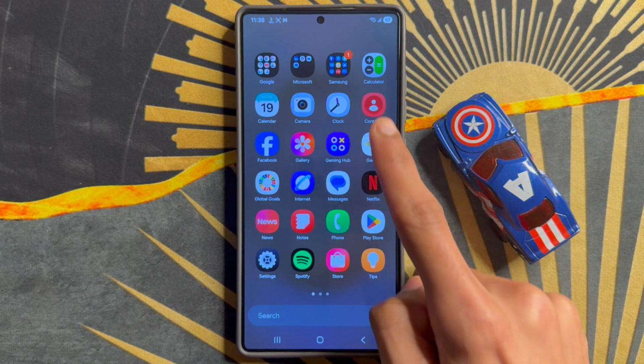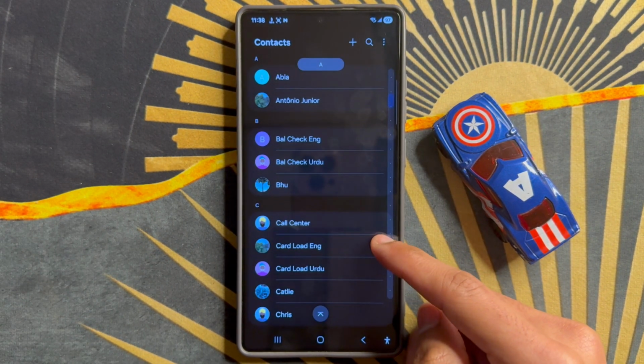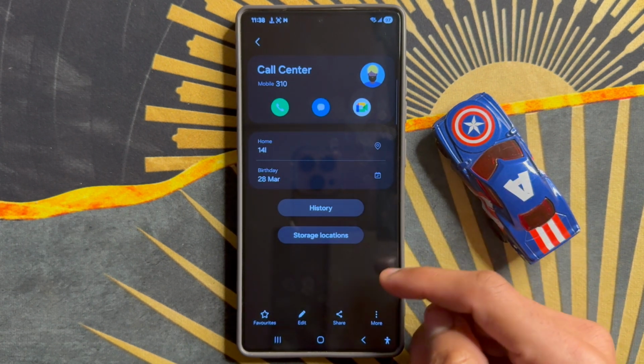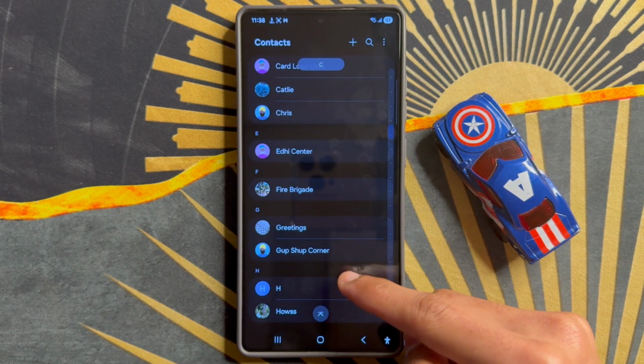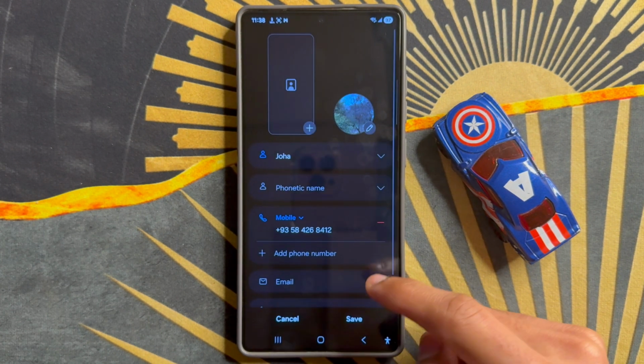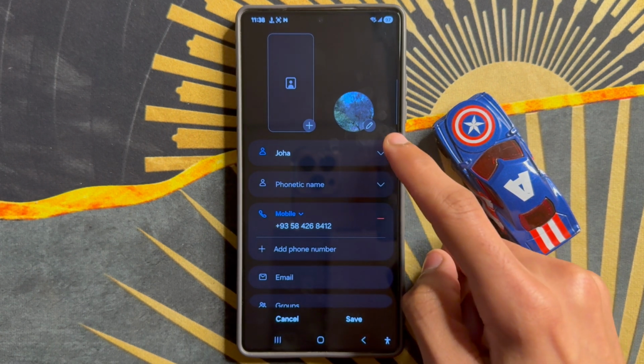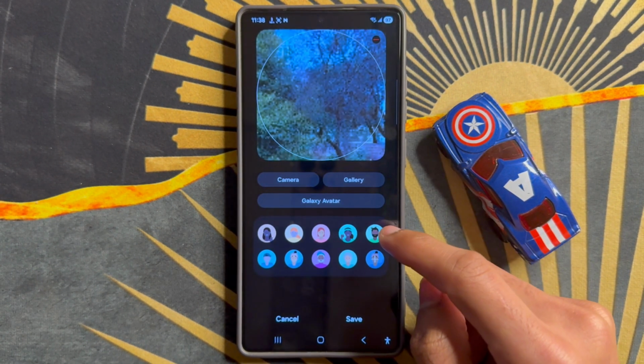Here click on Contacts app. After click on Contacts app, scroll down and click on Contact. After click on Contact, click on Edit. If you want to change your profile picture, click on Profile Picture, and if you want to